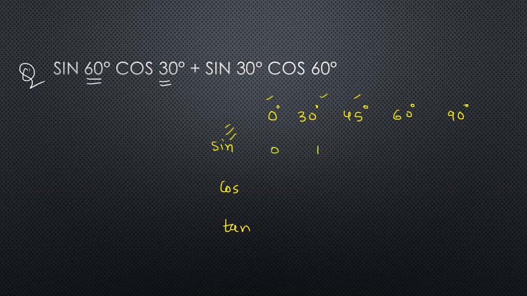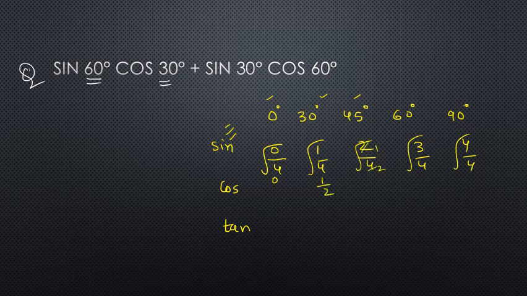So just write down 0, 1, 2, 3, 4, divide all the numbers by 4, and take the square root. This is the trick. Otherwise, if you can learn them without a trick, that's also fine. So 0 by 4: if there is 0 in the numerator, it will be 0, right? And the square root of 4 is 2, so 1 by 2. 2 ones are 2, 2 twos are 4, so this is 1 by root 2. The 4 will come out as 2, and in the numerator you have root 3. Here you have 1, correct?